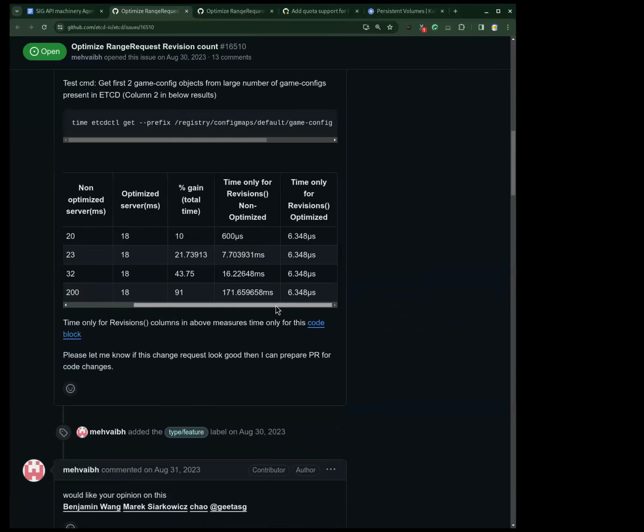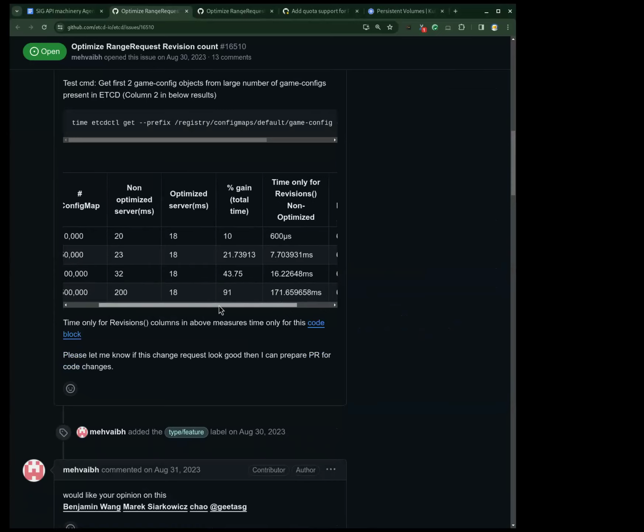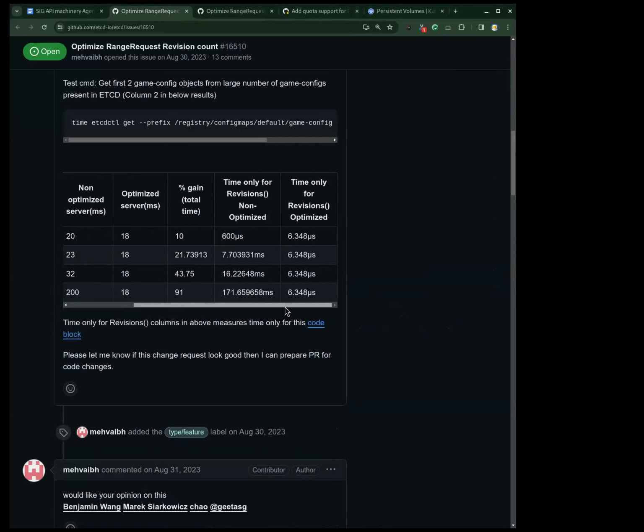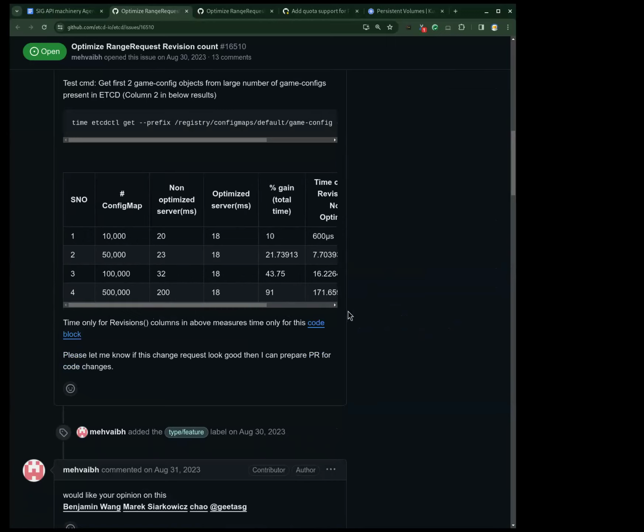Basically, the etcd maintainers said that if the API server community is open to this, they would go ahead and implement on their end. So I was just wondering if you have any thoughts around this. If you all agree on this, I can go ahead and write a KEP for this from the API server side, or at least drive that discussion.